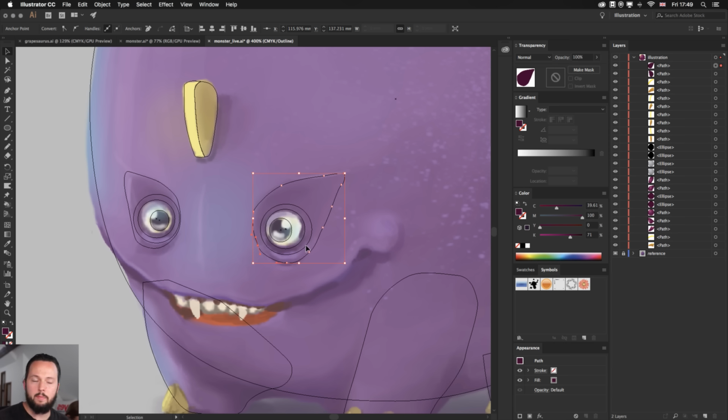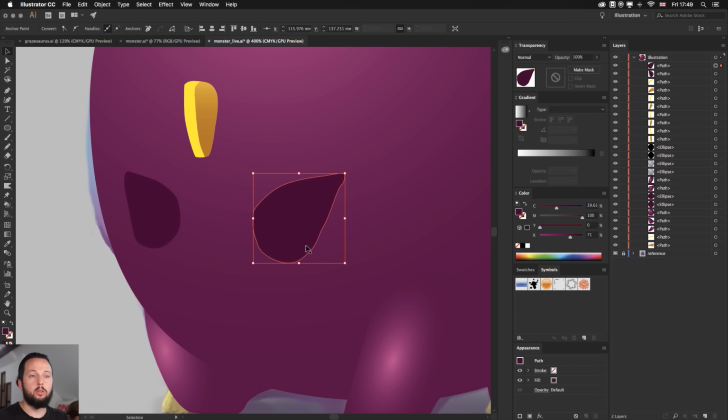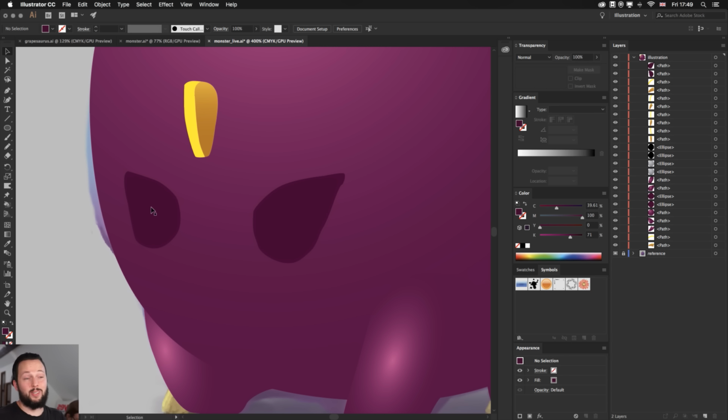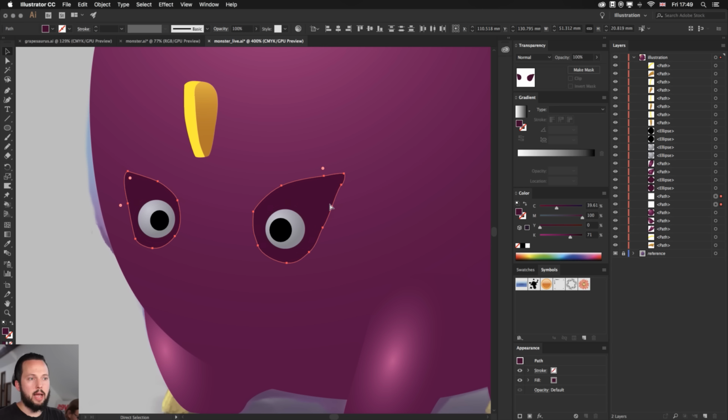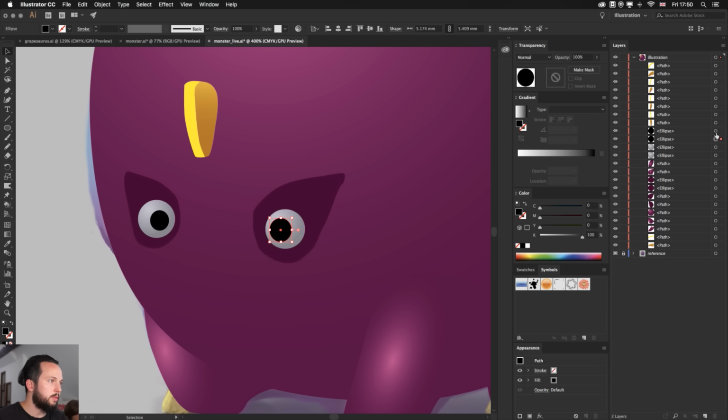Okay, so the next thing that we need to do here is to switch back to the normal mode. And first of all, it looks quite scary because we now covered up the eyes. But once we select these, use the control square bracket or command square bracket to send it back until it goes where we need it. Now, those two circles we need to place on top of this. So I'm just going to select those. Actually, they are there. It's just because it's the same color, it looks like it's lost.